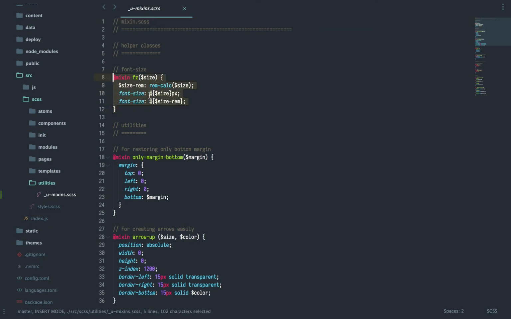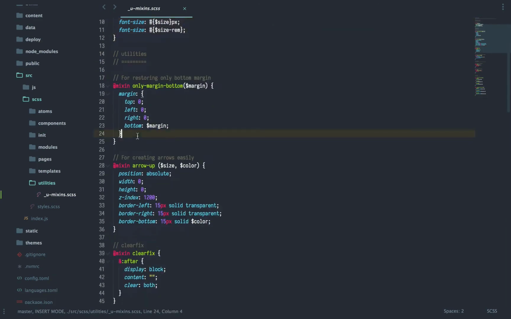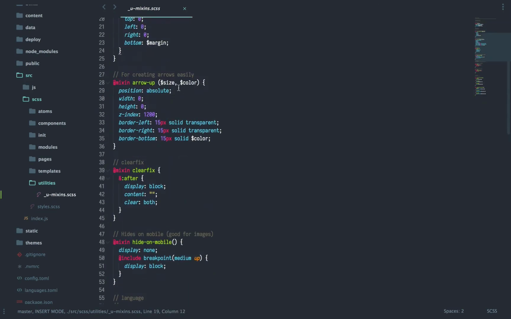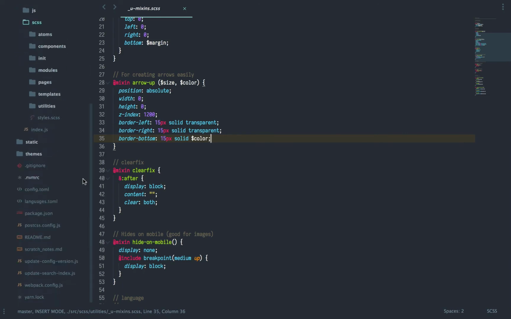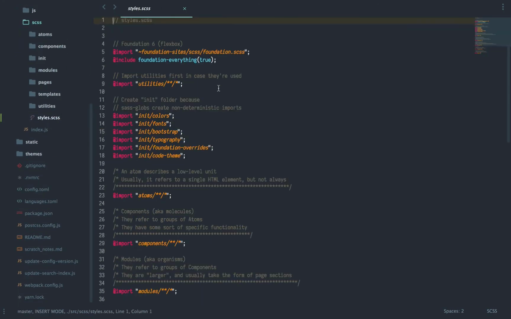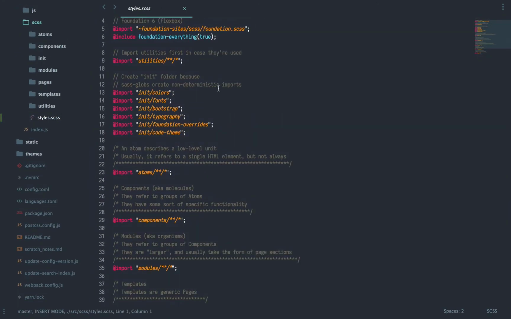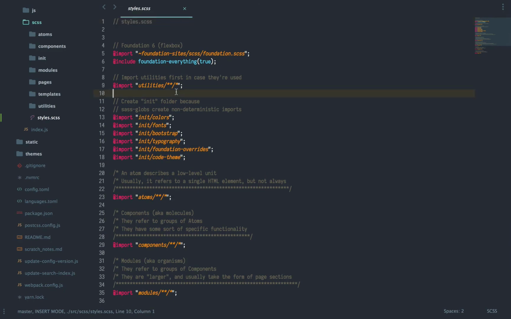So if I want to set a font, or I want to set a margin bottom, but I want to reset everything else to 0, I might do this. If I want to create an arrow, I might use this mixin, like a little triangle arrow thing. That's just the utilities folder, and I use Sass to pull this in. Note that if you're watching this and you want to use this kind of file structure in your own thing, it'll take a little bit of thinking, but you won't be able to use this syntax. This right here, this star syntax,